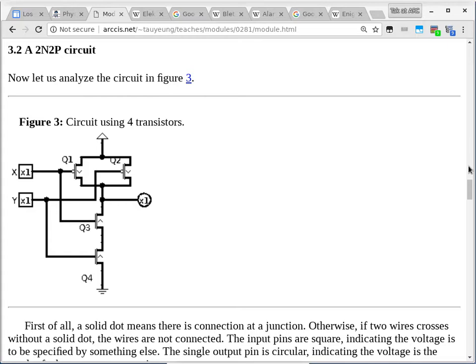What is the type of Q1 and Q2? They're of the same type, but which type is it? Is it N or P? They are of the P type because they got a little bubble. Q3 and Q4 are N types. Okay? And you can also see that the direction of the little arrow is different